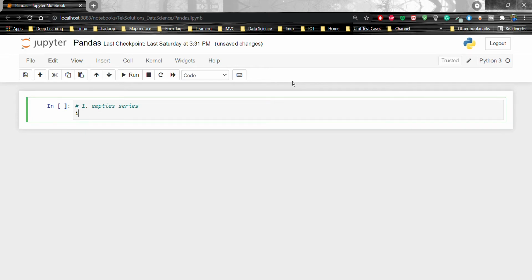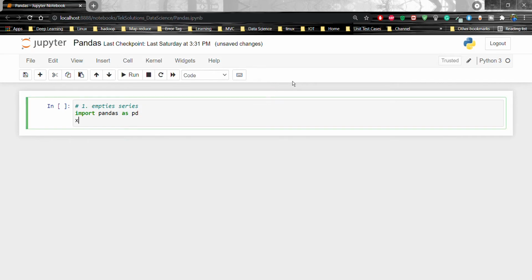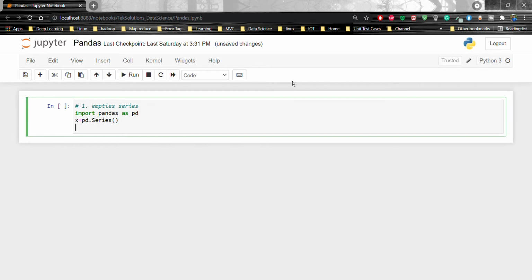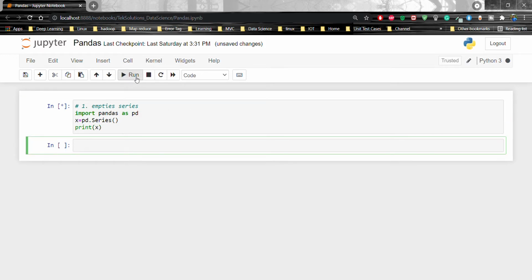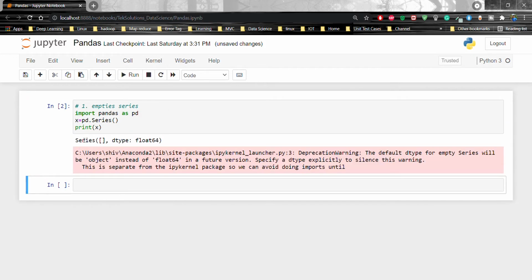For that we have to import pandas as pd, and then x equal to pd.Series, and we are not going to pass anything, and print x. Okay, and let's run. You can see the series is empty, and the data type by default is float64. Okay, this is clear now.